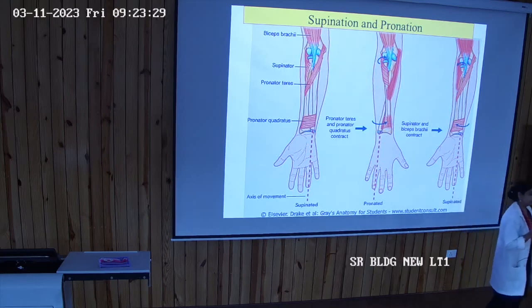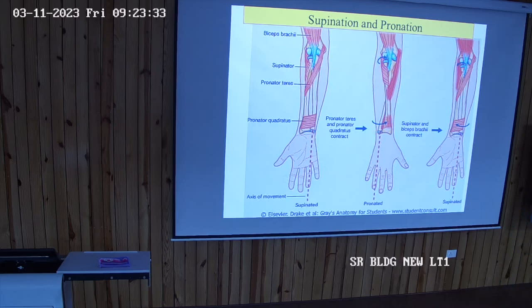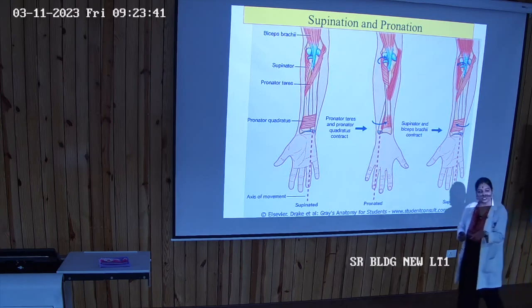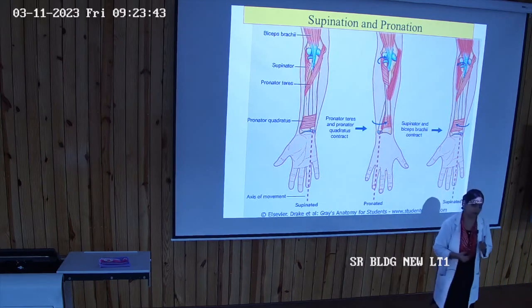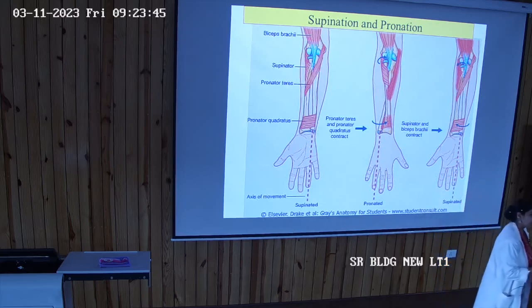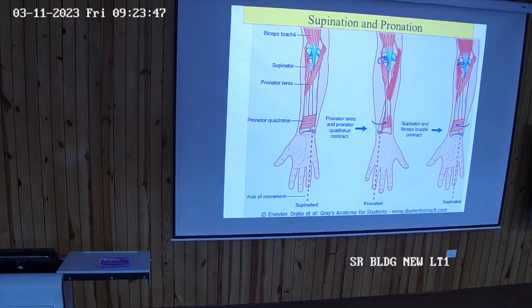But basically the important muscle here, the powerful supinator muscle, is biceps brachii. Second, pronation. As the name suggests, there are two muscles, pronator quadratus and pronator teres. Now pronator quadratus is the main muscle which brings about pronation, assisted by the smaller muscle, pronator teres. This pronator quadratus is a deeper muscle of the anterior compartment of the forearm, which is located inferiorly.